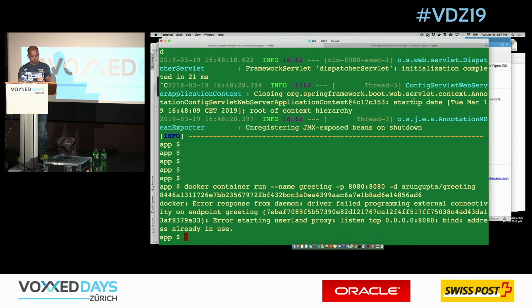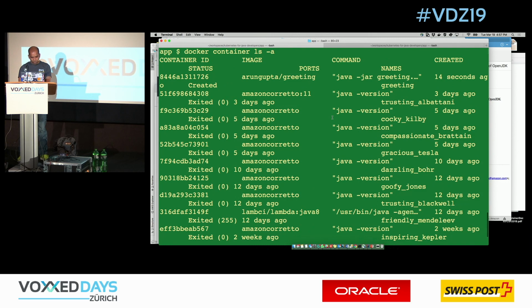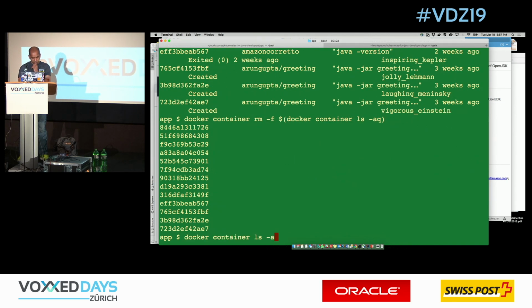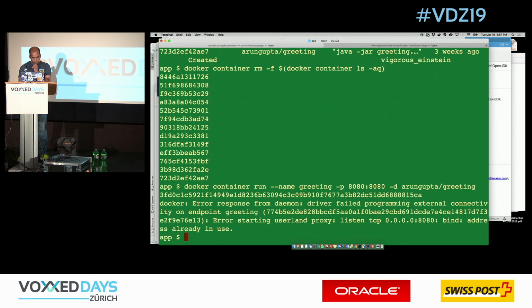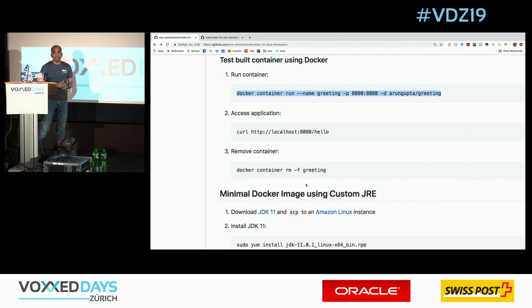Oh, the port is already occupied. I thought we canceled it already. Ooh, a lot of containers running. Let's remove all the containers. Let's try it once again. It's still having some port conflict. So I'm not going to debug into this. But the point being, if I run this now,